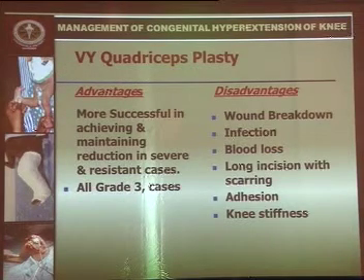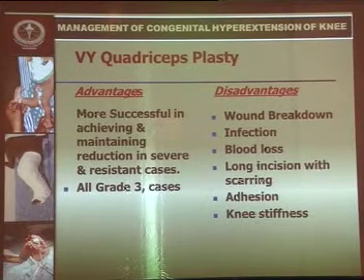Now we are focusing on VUI quadricepsplasty, because this series which I have done is only by VUI quadricepsplasty. The advantage of VUI quadricepsplasty is that it is more successful in achieving and maintaining reduction in severe and resistant cases of deformity. And the other one is all grade 3 cases. Grade 3 means where there is a dislocation with hyperextension. A lot of disadvantages are also there in VUI quadricepsplasty: wound breakdown, infection, blood loss, long incision with scarring,